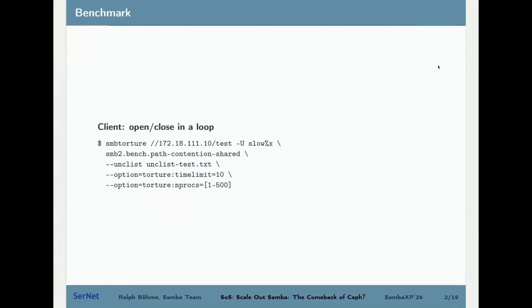And unfortunately, this was very much a complete fail. So before going into the results, a quick info on the actual benchmark